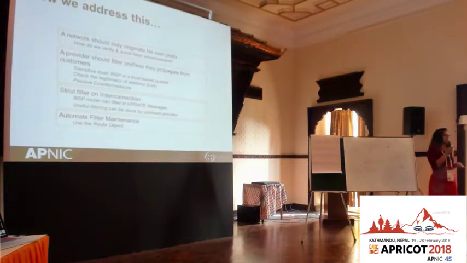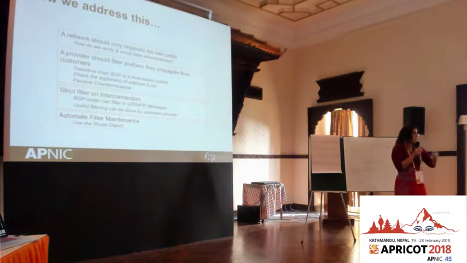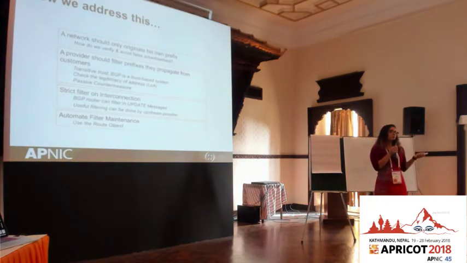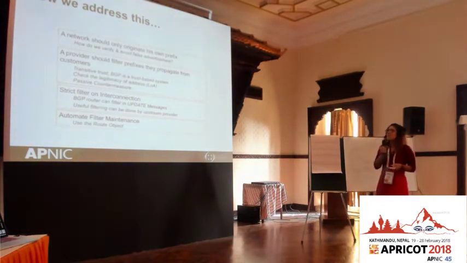So how do we address this? BGP was created at a time where there were just a few ASes out there, everyone knew each other, and they could trust each other, basically. If I told my provider, I will start announcing this prefix, my provider trusted that I was the legitimate holder of that prefix, and that I had authority over that prefix, so I could announce it. But nowadays, we have thousands and thousands of network operators out there, and we cannot just trust them. So there are lots of checks that should be done.